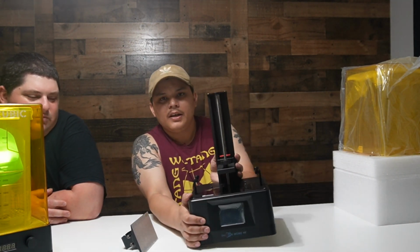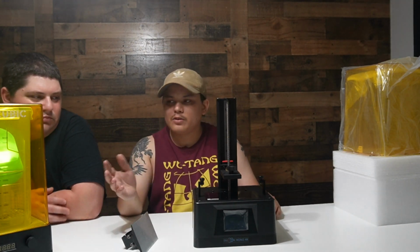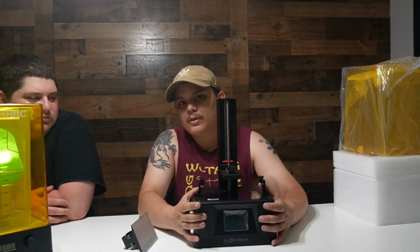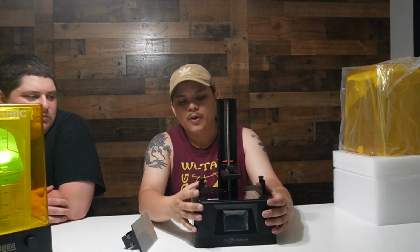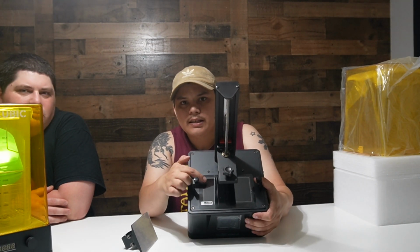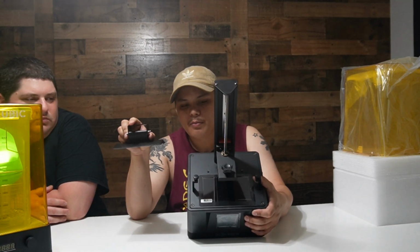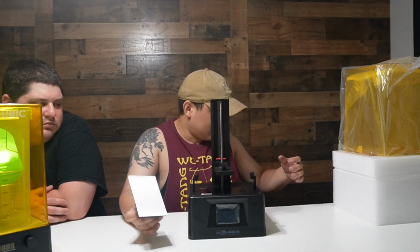As you can see, it does feel a little bit smaller. Like the basin, actually, you would expect to be a little bit smaller, but at the end of the day, the thing that is the most important about this and the way that this works is this LCD screen down here with the 4K resolution on it. And if I tilt it forward, you can kind of see it's right there. And this is the arm that would attach your print bed to. And this actually, the way that it works is